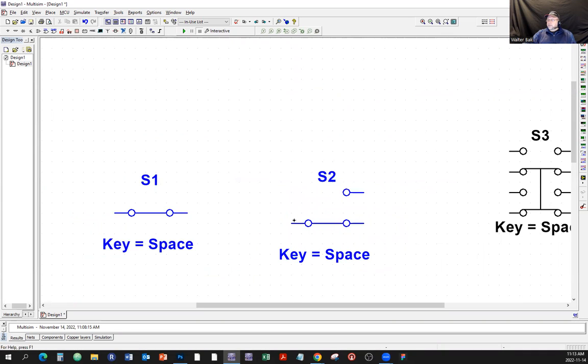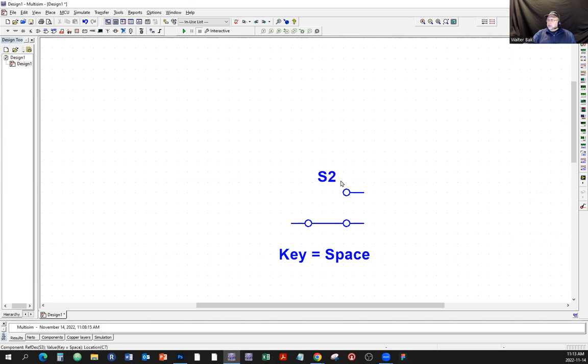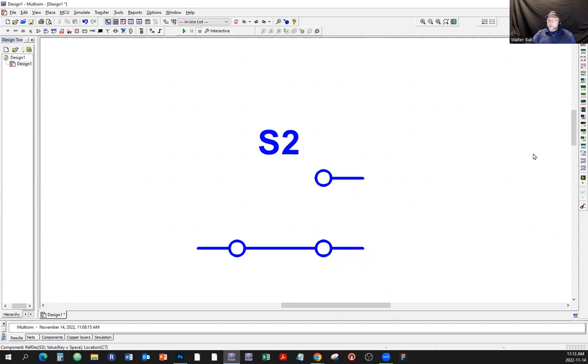This one here, double pole, single pole, double throw. So we're going to get rid of that, and we're just going to concentrate on this guy right here. Single pole, double throw. Okay. Now,